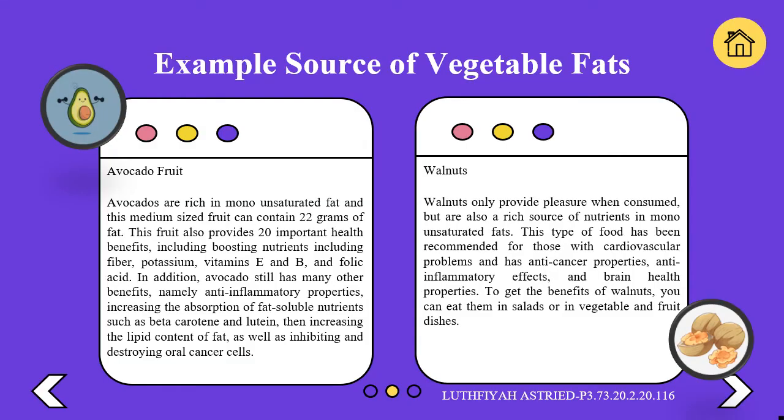Example source of vegetable fats. First, avocado fruit. Avocados are rich in monounsaturated fat, and this medium-sized fruit can contain 22 grams of fat. These fruits also provide important health benefits, including boosting nutrients including fiber, potassium, vitamin E and B, and folic